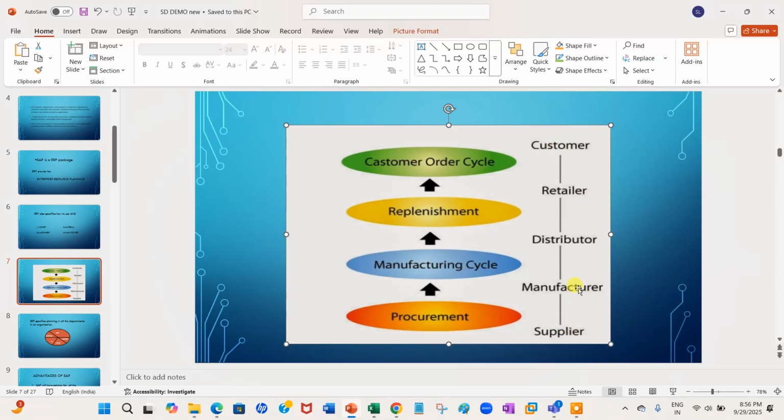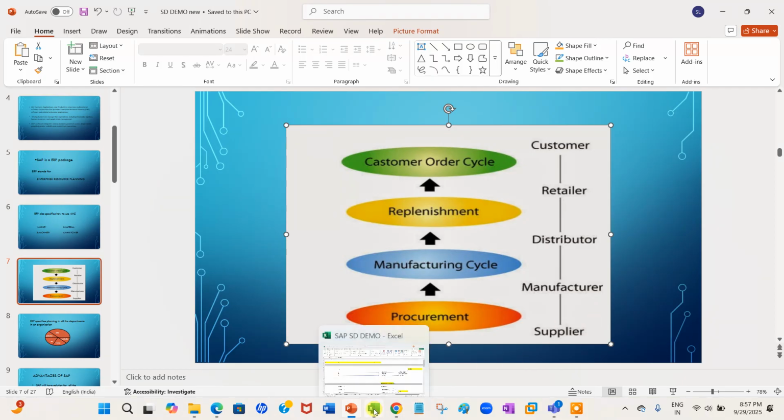Otherwise, the fourth case is that we have proper information. Supplier to manufacturer, manufacturer to distributor, retailer to customer. Whenever any customer comes, they ask whether the stock is available or not. We have to check immediately with these teams and send this information. If the stock is available, the customer will take it. If it is not available, they will come tomorrow, no issue. Trust is built between the customer and the seller. This is the general way in business, and this is how business happens.